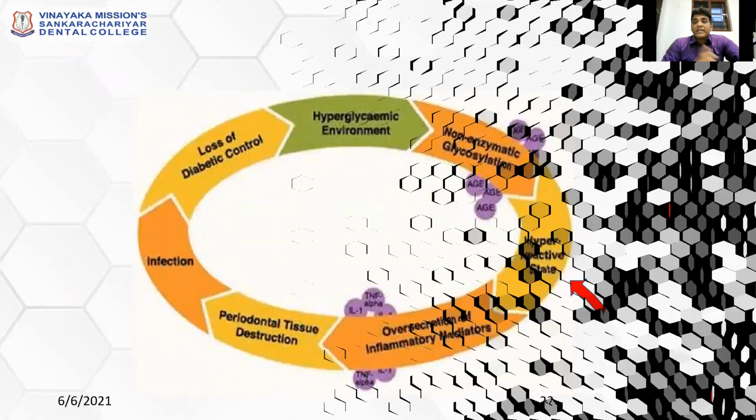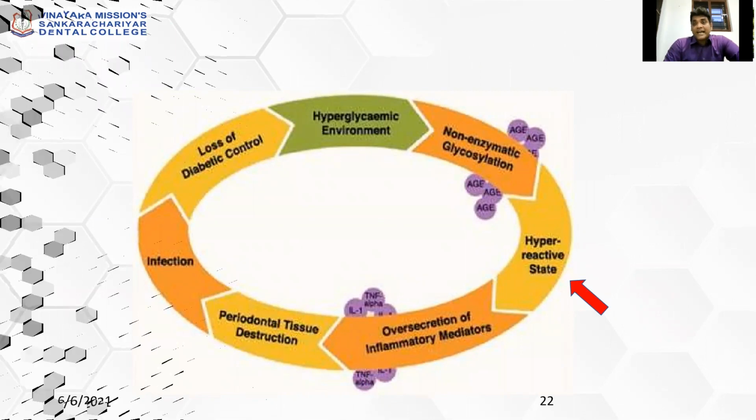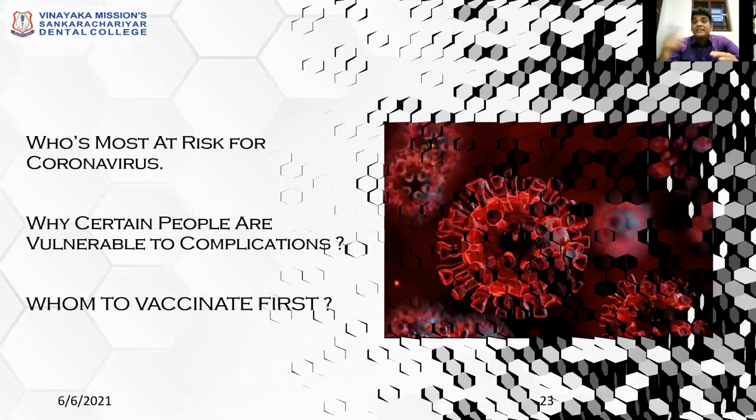This is one small example of a risk factor. This is again a chain that shows a periodontal infection, the loss of diabetic control, a hyperglycemic state, then AGEs will be increased, which will lead to hyper-responsive monocytes, and pro-inflammatory cytokines will be increased, causing periodontal tissue destruction, and again there will be inflammation. So this is the main risk factor assessment when you do it in diabetes, how diabetes can influence periodontal disease.